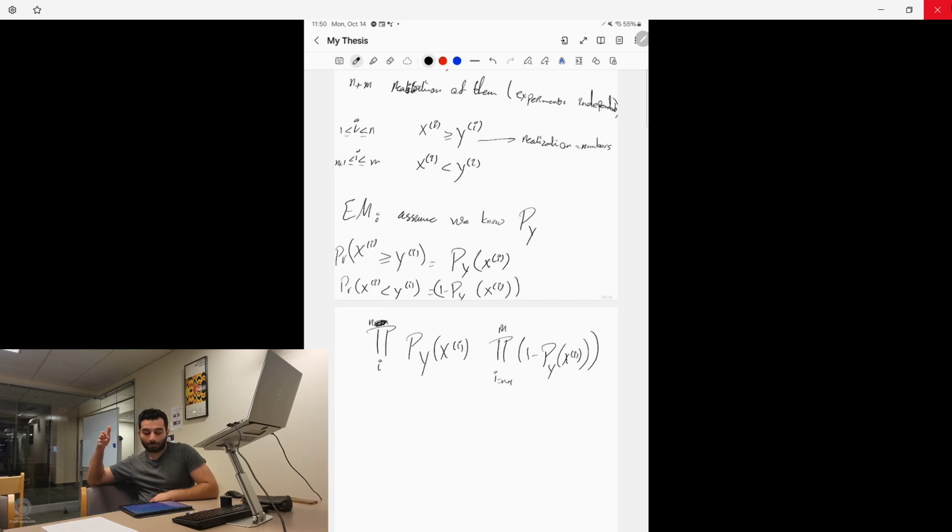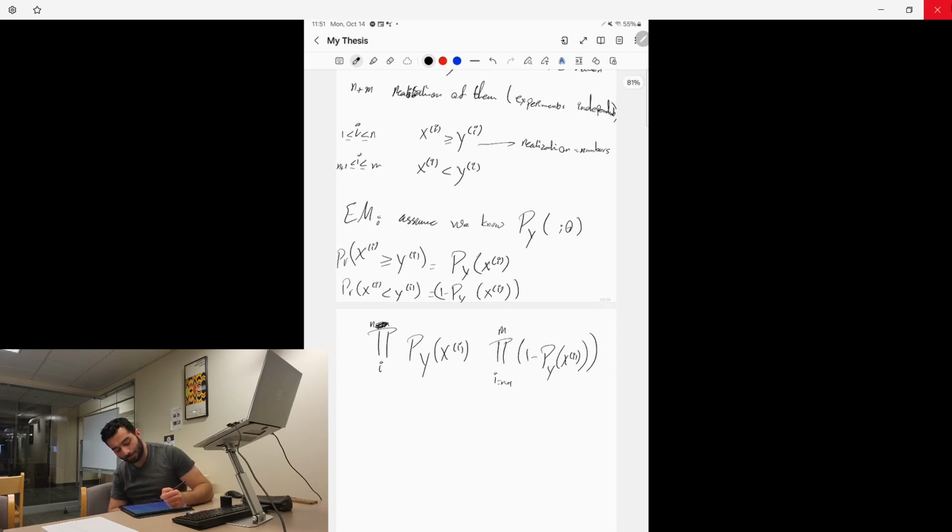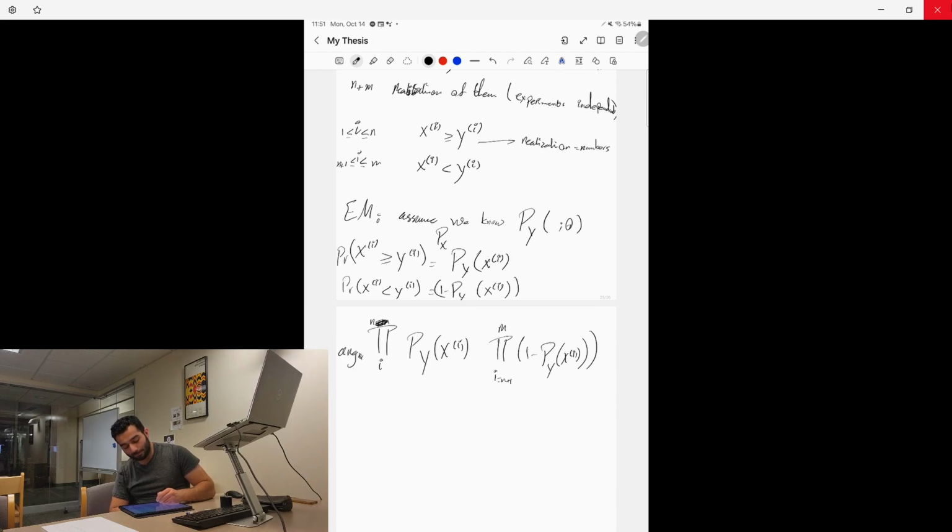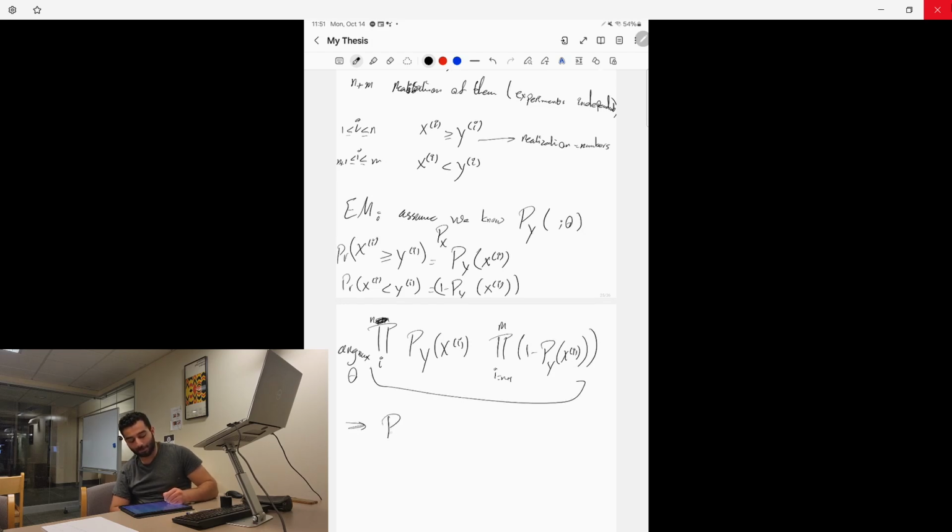Because these x's are numbers, these are not exactly. So if py is in a family that is parameterized by theta, assume we know px. So like argmax on theta that does this for us, and then we will find a py, and then also assume px depends on a family that changes by not theta but gamma,